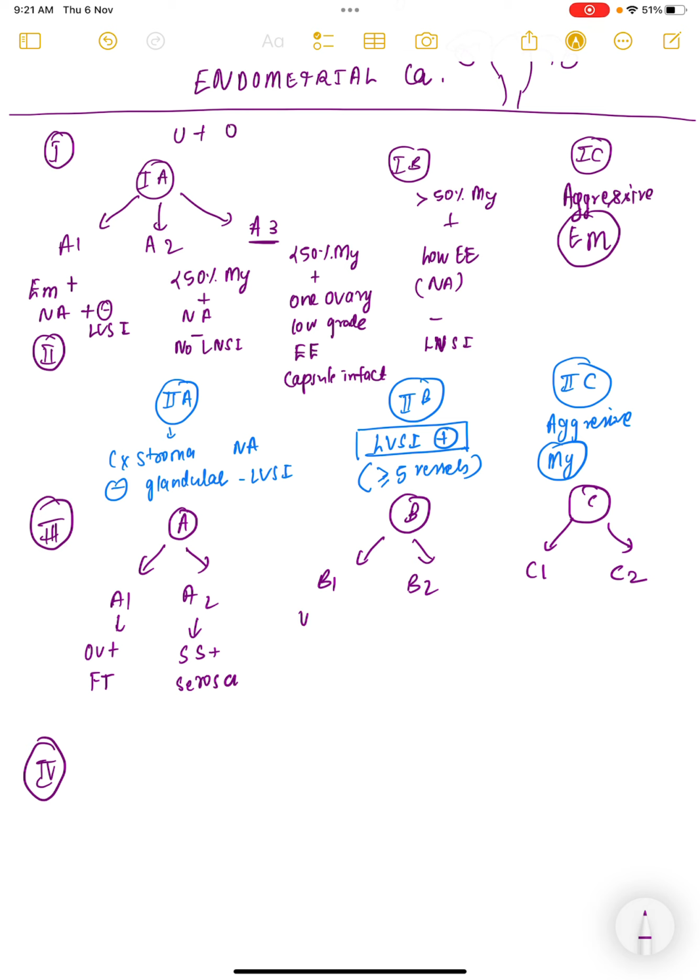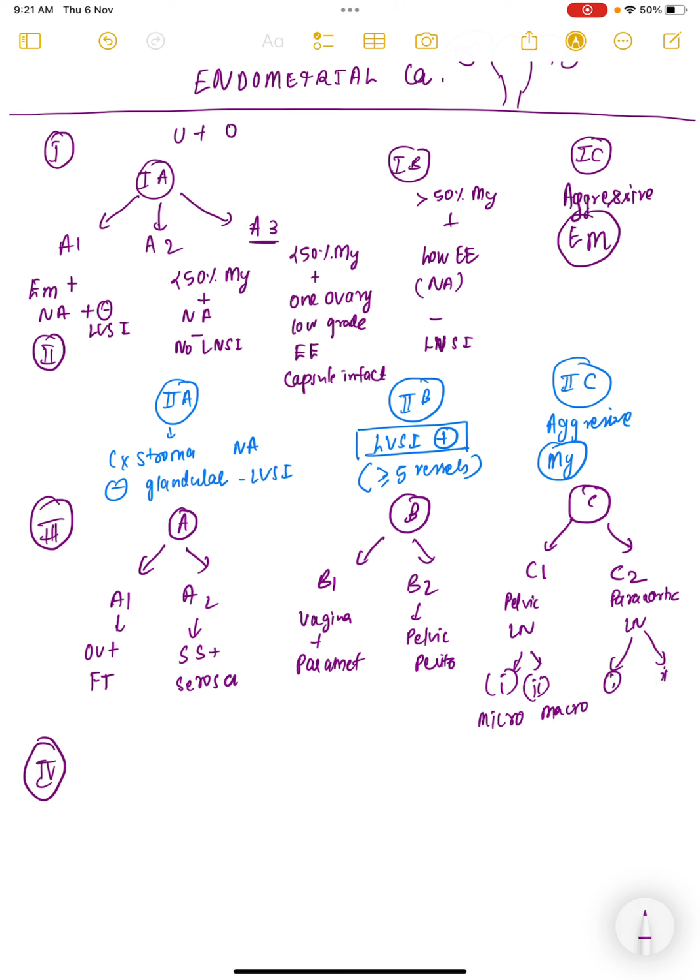B1 is involvement of the vagina or parametrium. Whereas B2 is involvement of pelvic peritoneum. And C1 is involvement of pelvic group of lymph nodes. C2 is involvement of para-aortic group of lymph nodes. Both of these are again divided into 1 and 2, depending on what type of metastasis. Here it is micrometastasis, here it is macrometastasis. Same again for 1 and 2 of para-aortic group of lymph nodes. C2, micro and macrometastasis. Remember, the thing that differs here is C2, involvement of para-aortic group of lymph nodes